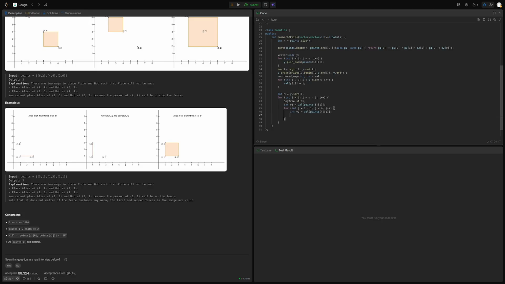And now we want what? So if y2 smaller than or equal to y1 and st query so from y1 to y2 to y1 plus 1,